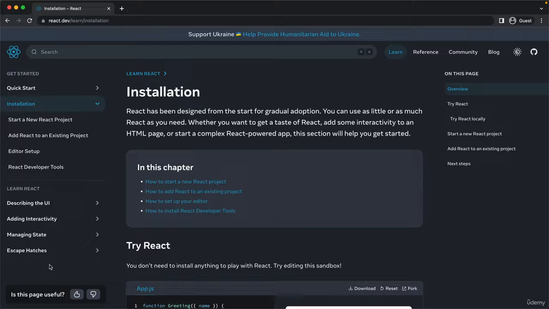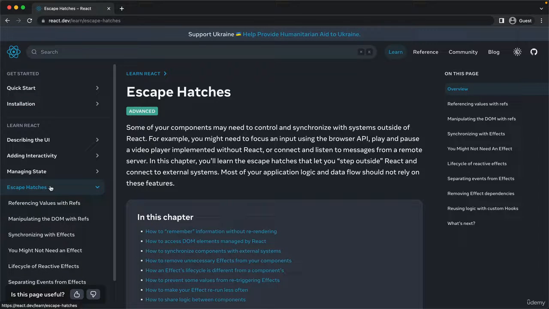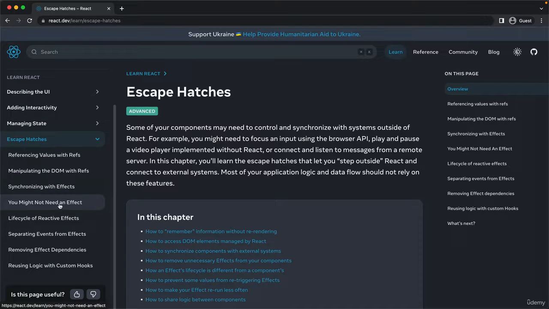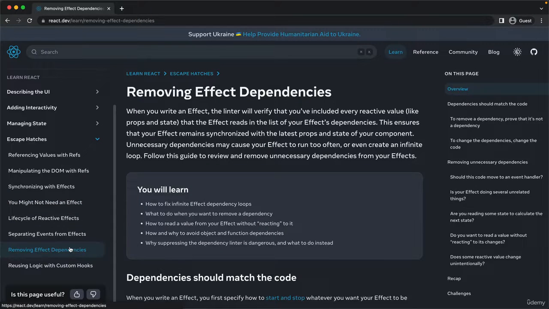Now, since you are watching a React course, that's not going to be super helpful for you, but a few pages that might become helpful are here in this section of escape hatches. So not for now, but really for later. So this page here is really great once we start learning about effects, and the same thing about this page here as well. So I really like these two, and I advise you to read them once we reach the advanced part of useEffect. So while you're going through the course, I think this is all you might need about